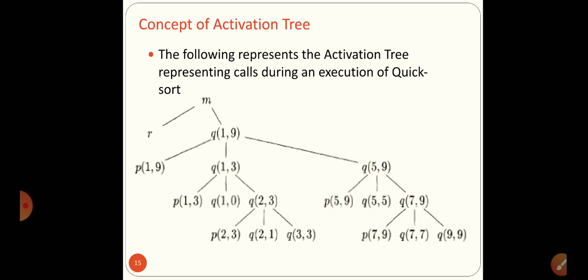The partitioning is done until we get the array in sorted form using the pivot element. When all the elements are sorted, we place the pivot into its appropriate location. So this is the concept of quick sort. Here the activation tree grows at every level whenever we perform a quick sort on the numbers. So this is an activation tree.